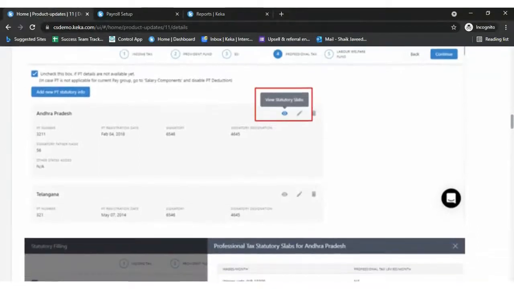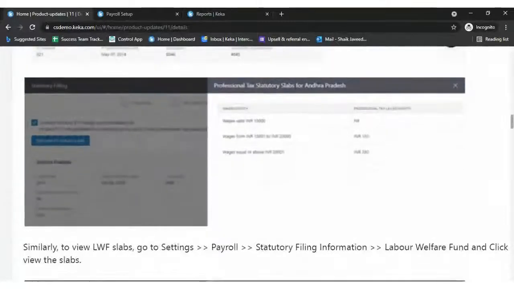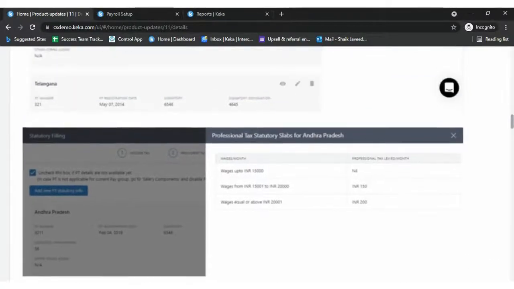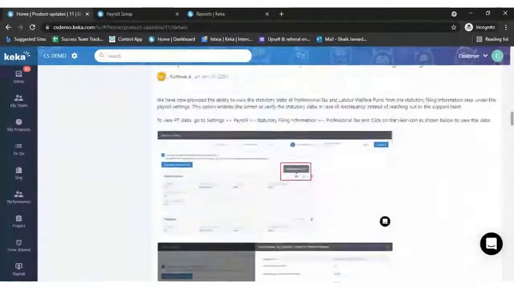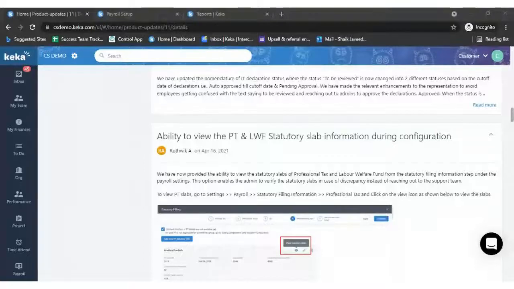Whenever you're configuring this, you can identify what the PT slab says in that particular location. For Andhra Pradesh, wages up to 15,000 it's nil, wages from 15,000 to 20,000 it's 150, and wages equal to or above 20,000 it's 200. So we have given the option to view PT and LWF statutory slabs for that location during the configuration level.